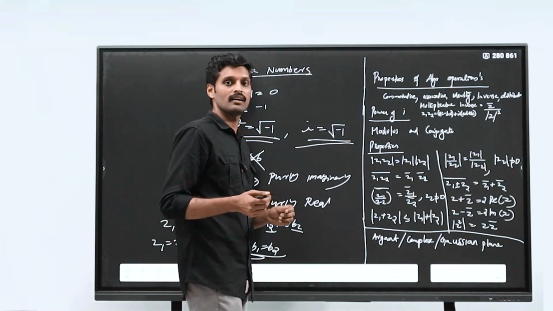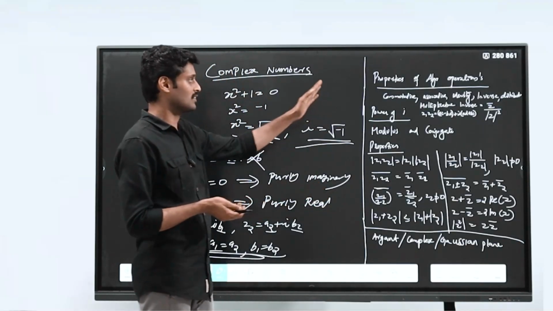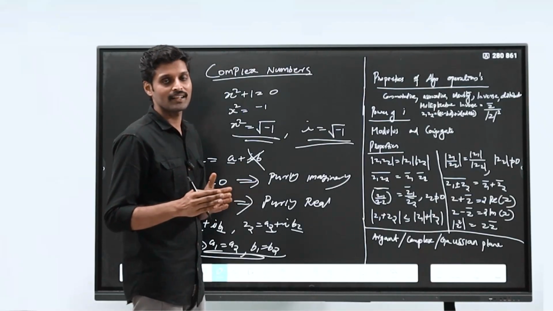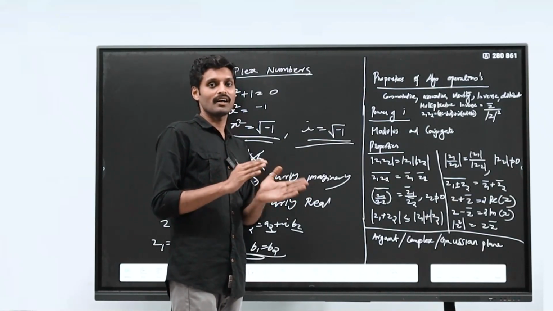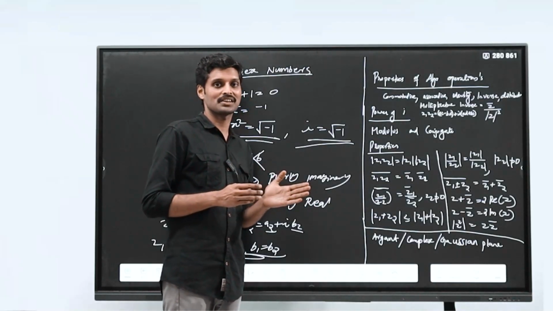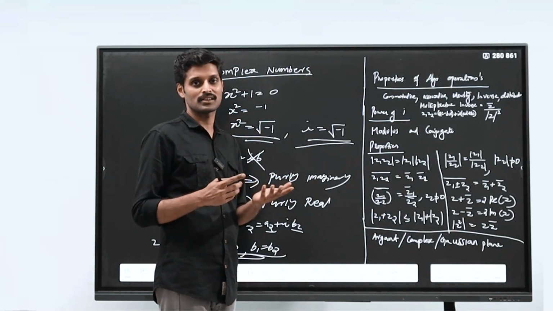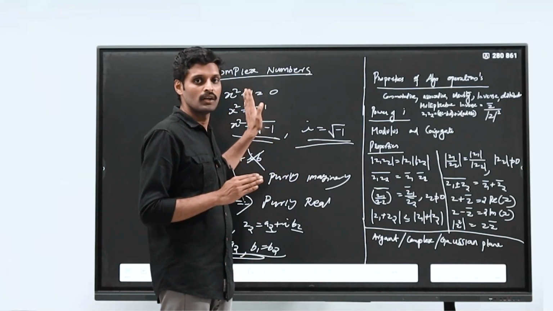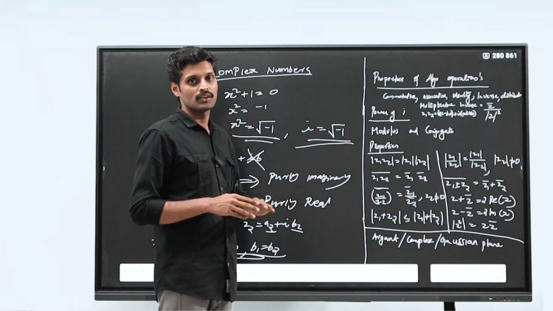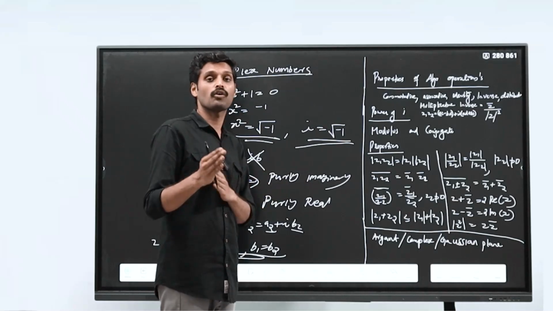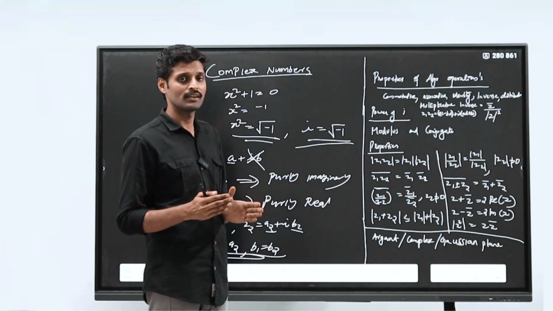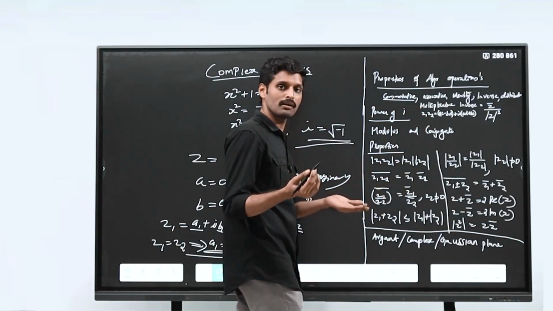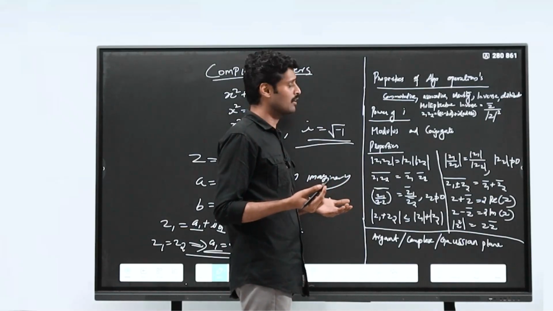We are moving to the next topic, the properties of algebraic operations in complex numbers. As with numbers, we are dealing with some algebraic operations like addition, multiplication, subtraction. Basic algebraic operations are also conducted with complex numbers. If we conduct those operations, we find that in algebraic operations like addition and multiplication of complex numbers,